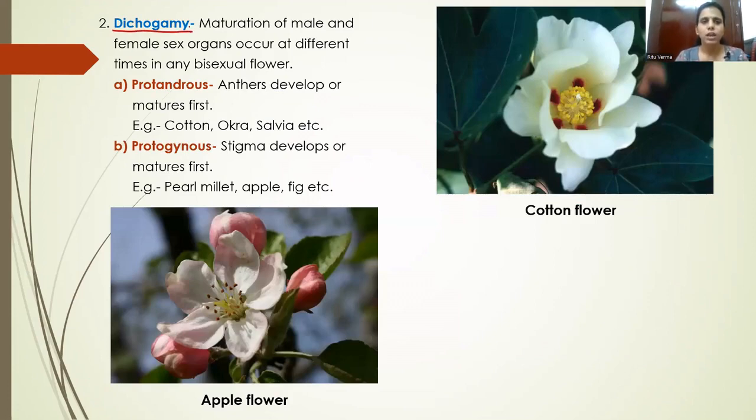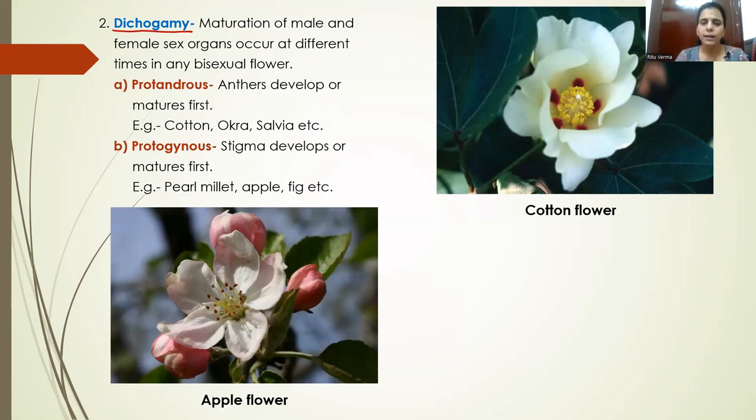Dichogamy. Here di means two. Dichogamy means in case of bisexual flowers, that means flowers which have both stamen and pistil, the maturation of anther and the maturation of stigma, or you can say the maturation of male and female sex organs,